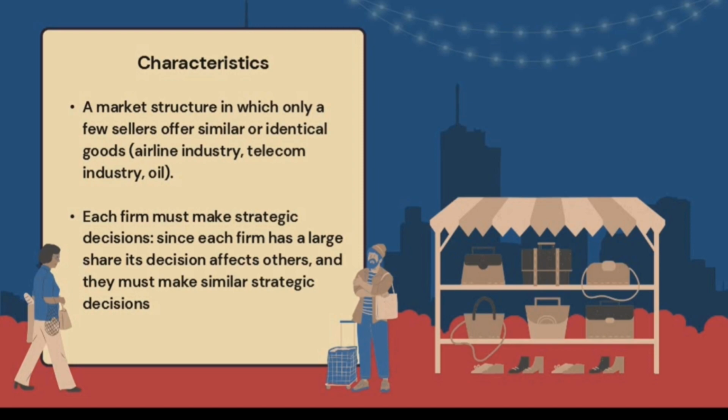In an oligopoly, consumers may benefit from increased innovation and improved product quality as firms strive to outperform their competitors. However, there is also a risk of collusion between the firms to fix prices or restrict competition, which can harm consumers by limiting choices and raising prices.